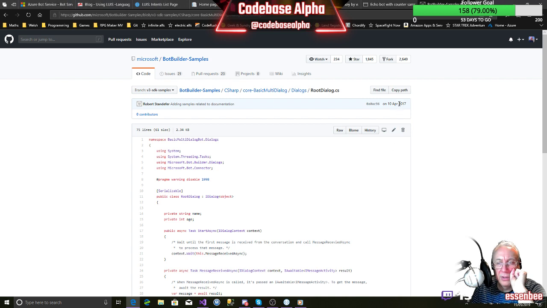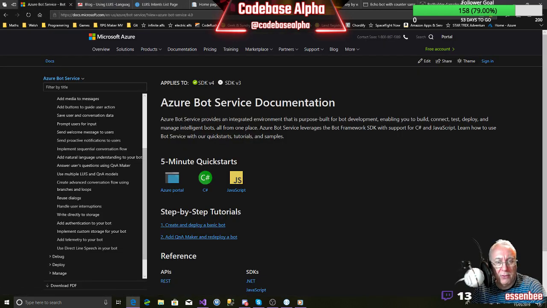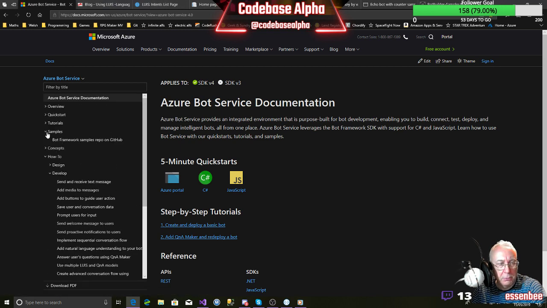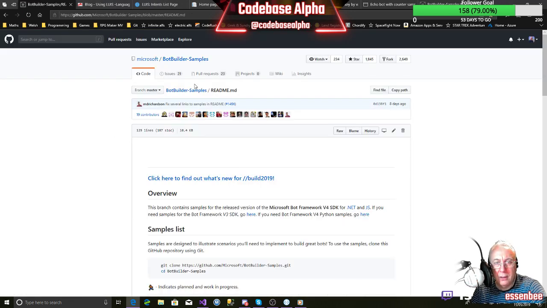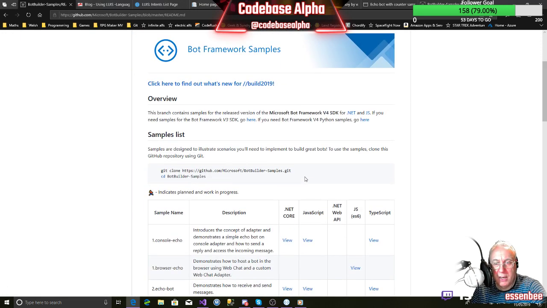This is too old. This is April 2017, Rambling Geek. So this is Bot Framework 3, and a lot of this is in Bot Framework 4. It's completely rewritten. Yes, I know, I've done exactly the same thing. It's quite confusing. So on the documentation, you need to make sure you've got SDK 4 highlighted, and then when you go into your samples and you hit the Bot Framework sample repo, you land on here, where the whole website's been changed.